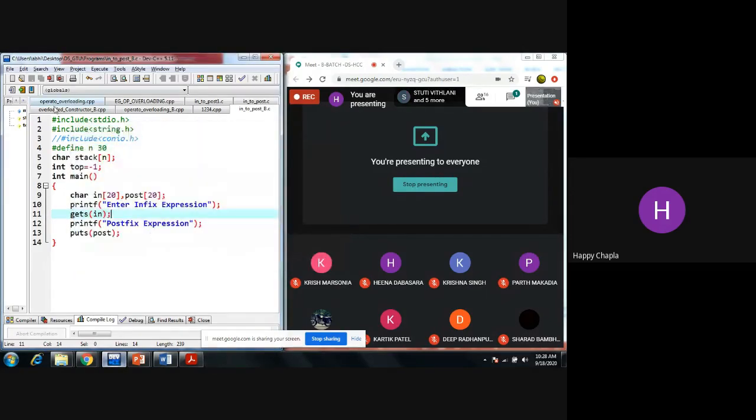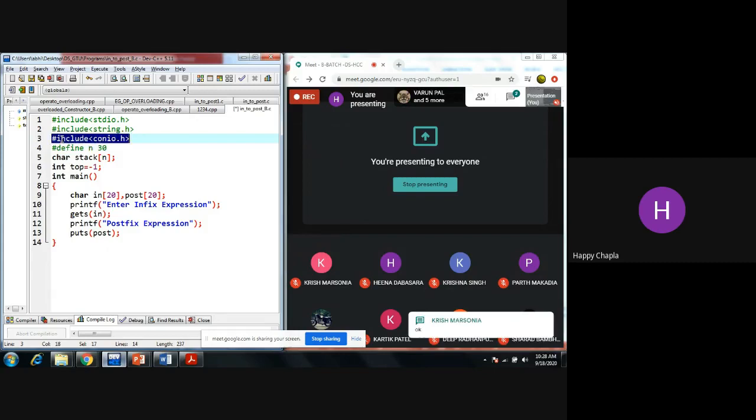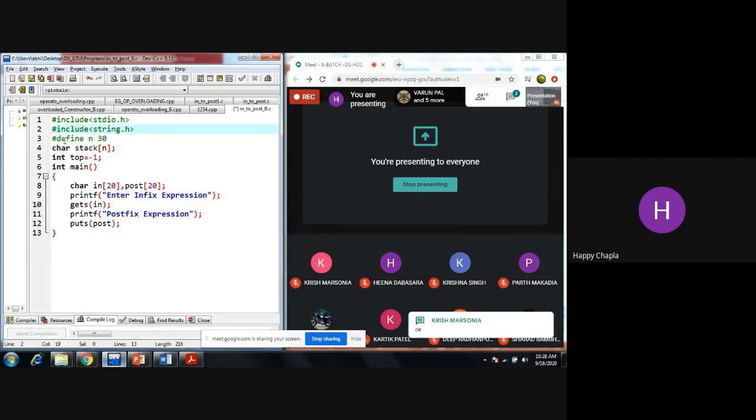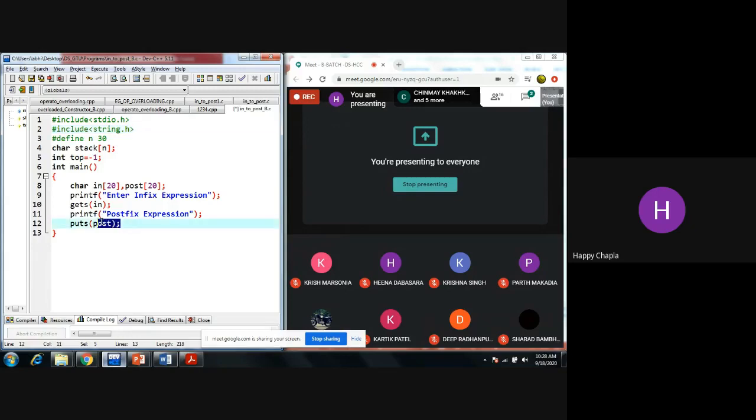It will work. Yes, so your getters and putters are not there in conio. Conio includes getch type of inbuilt functions. Okay, those are not string functions.